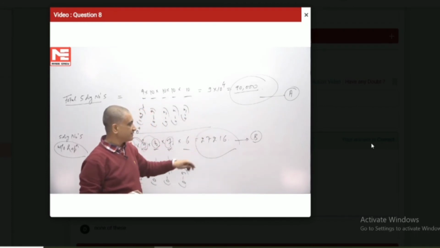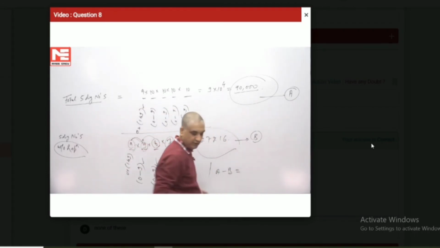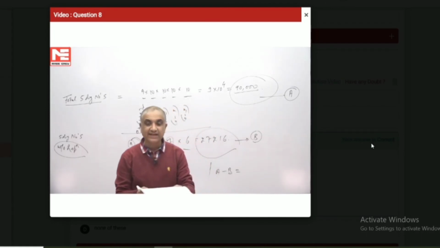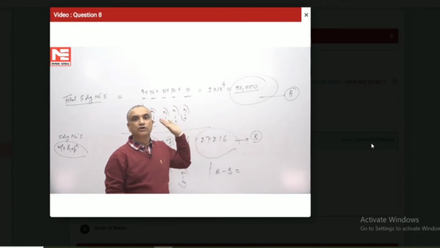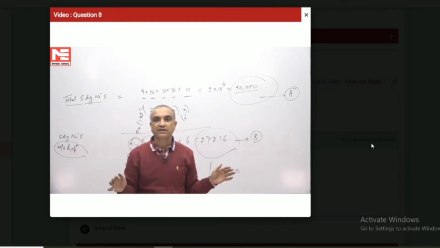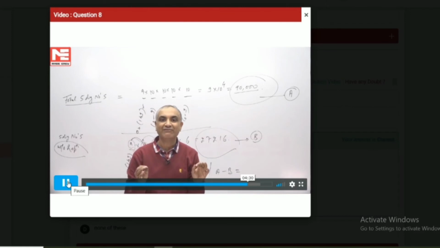Now if I subtract them, surely A minus B is going to give me whatever is required by the question, numbers which have at least one of their digits repeated. Total numbers minus numbers in which there is no repetition, not at all any single repetition. If we subtract them, we are going to get numbers which will have repeated digits, either one digit